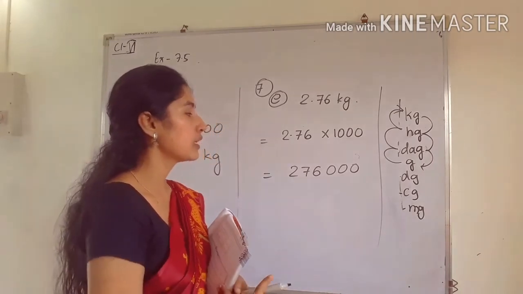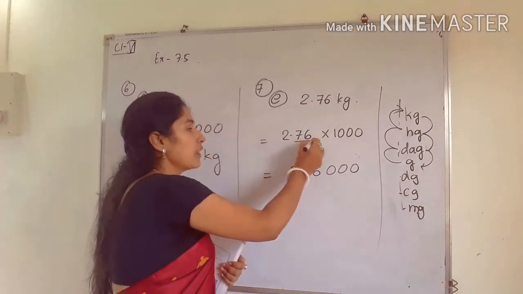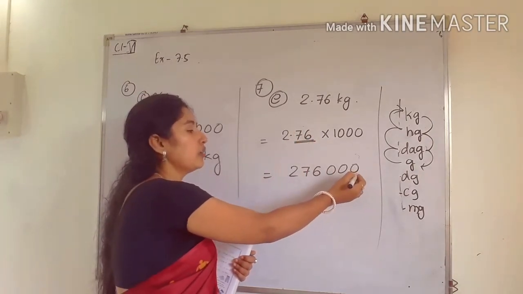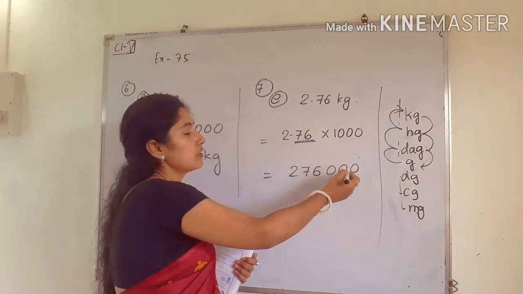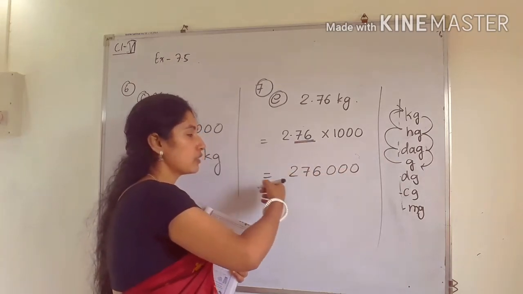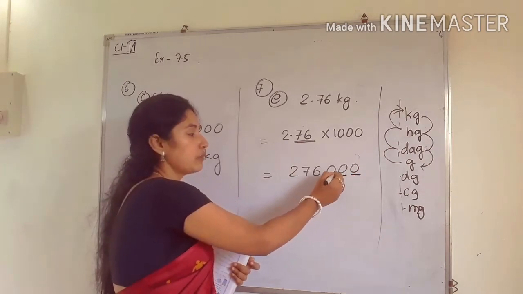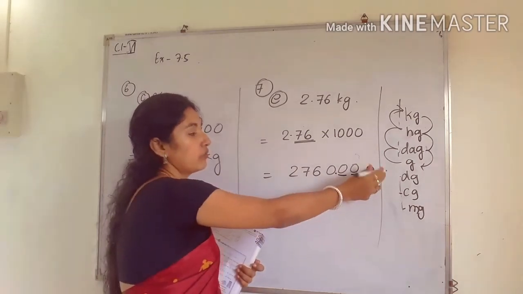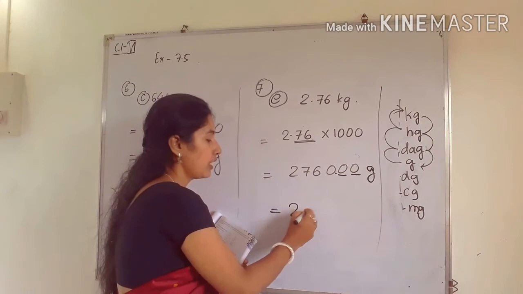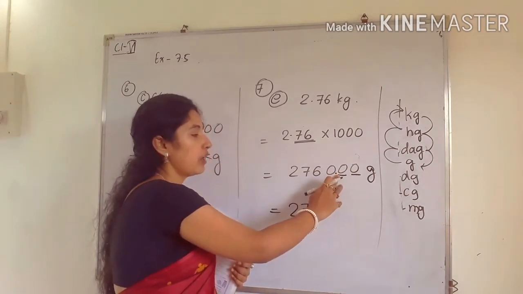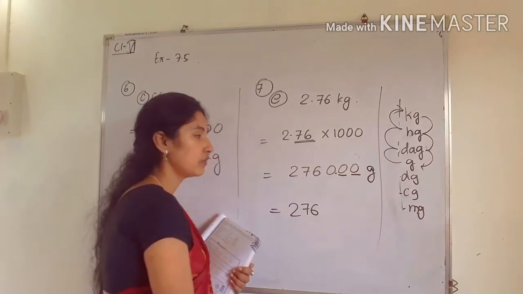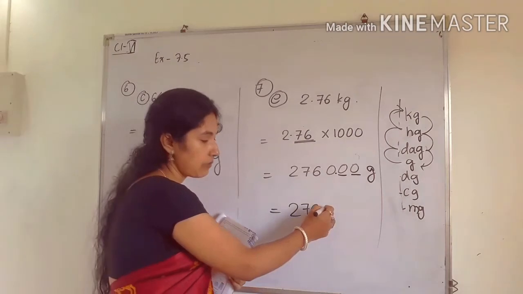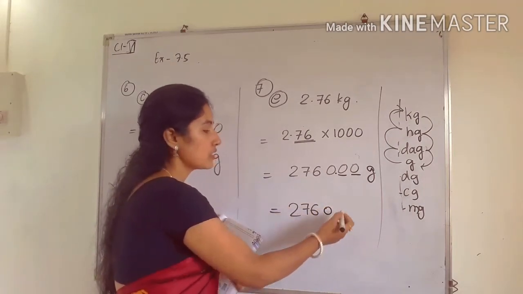Next, now we have to put the decimal point. So where we have to put, see, there are 2 digits only after decimal point. That means you have to count from the back side and you have to go 2 places towards the front side, or you can say towards the left side. So 1, 2. That means here the decimal point should be placed. Okay, and you have to write the unit. We are converting into gram, so we have to write it. Okay, so next we can write it like this, because after decimal point, if there is 0, and we don't write this, then also the answer will be same and it will be correct. Okay, so 2760 gram.